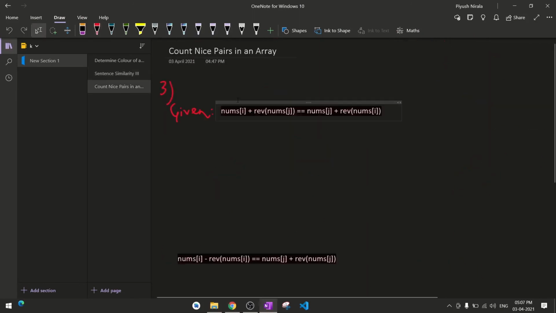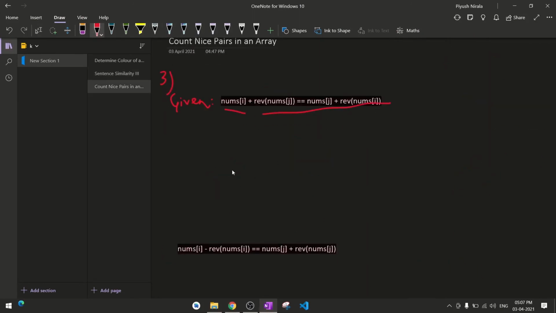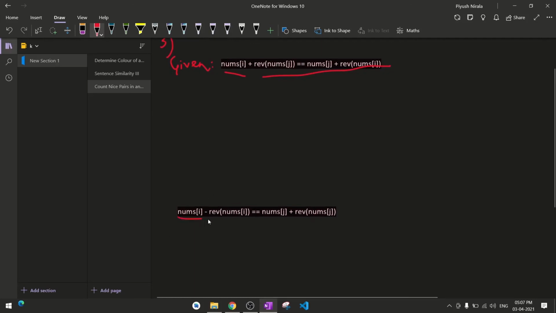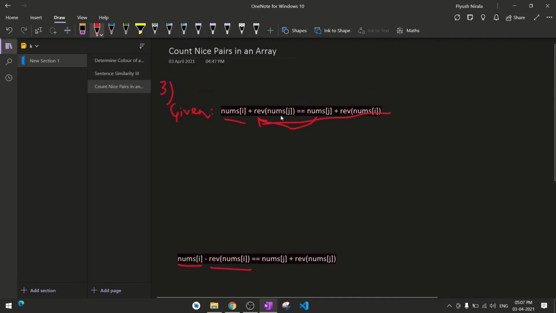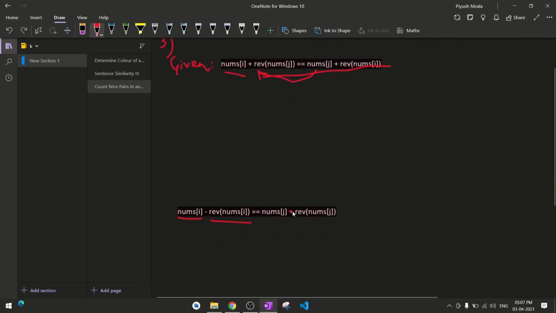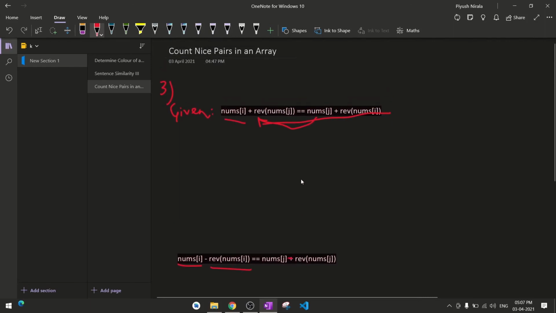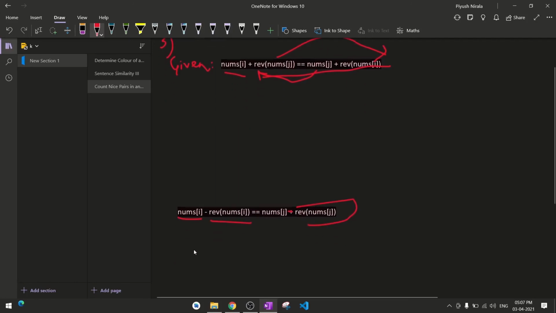So in what they have given, we can make it like this: nums of I minus reverse of nums of I. Just move this here, and sorry, this will be minus, and move this to here. It will become like this: the subtraction of the same number, x minus reverse of x, should be equal to y minus reverse of y.